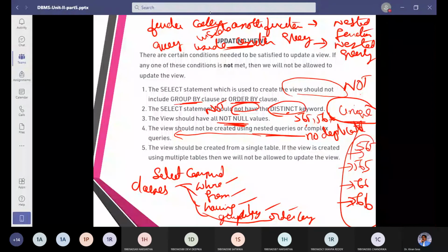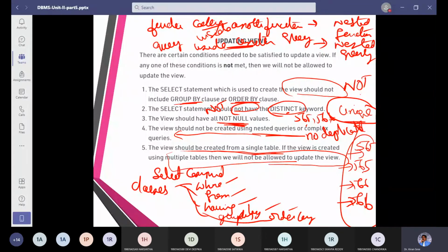Next line. View should be created from a single table, and updates are not allowed if it is using multiple tables. So these are the 5 rules. Rule number 1, no group by, no order by. Rule number 2, no distinct. Rule number 3, no not null.